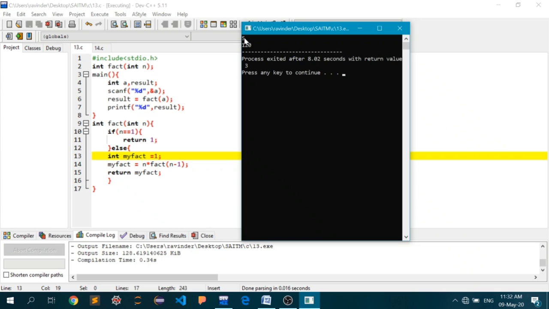Now this 5 is actually the value which will be assigned to this variable a. So this practically means that I want to calculate the factorial of number 5, and then I have called the method called fact and passed on the value 5 to it, which is inside this a variable. This fact method will actually calculate the factorial of 5 by the idea called recursion.